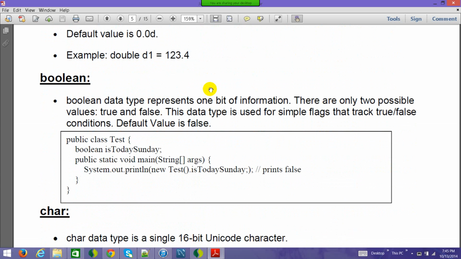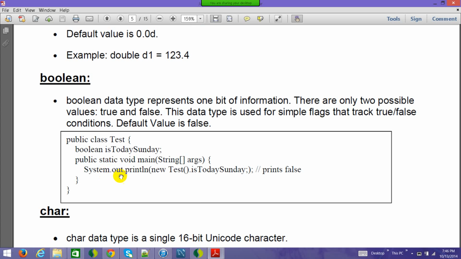Now, say Boolean. So, what is Boolean? Sometimes the requirement is that we have to execute some logic, and the logic has to be executed on the basis of yes or no. That yes or no answer comes from this particular data type, which is Boolean. Boolean has only one bit of information, so internally it is either 0 or 1. But on the UI which you see, Boolean has two values, either true or false. So if you just define it like this, Boolean isTodaySunday, then the default value is false.